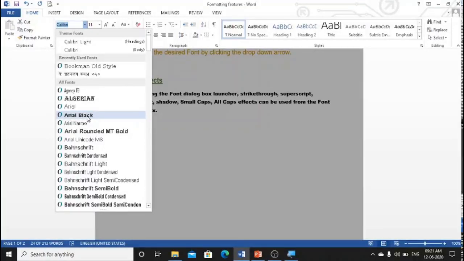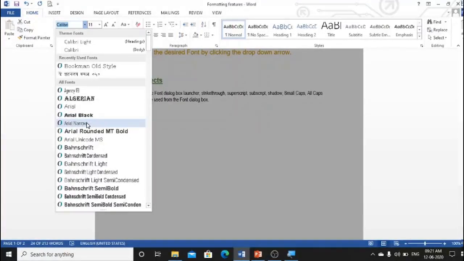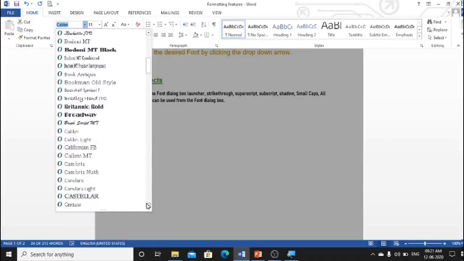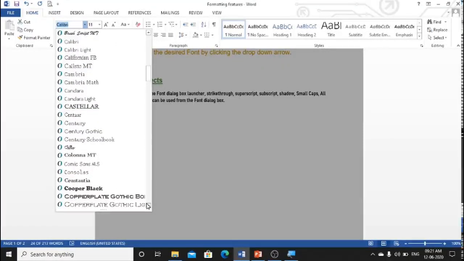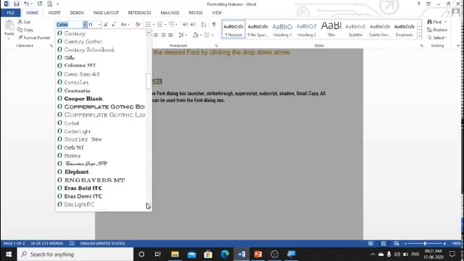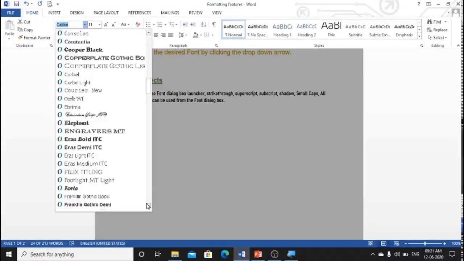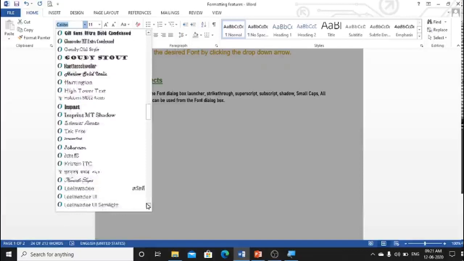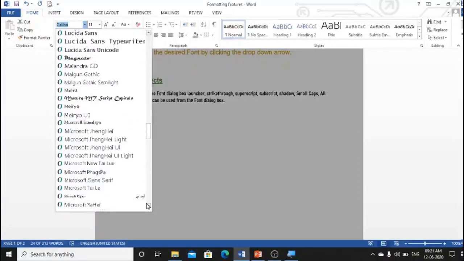or I can make it Arial Narrow, or I can apply some other, some better text. I'll try to search. I like Monotype Corsiva. It looks like a beautiful handwriting. I'll select Monotype Corsiva.